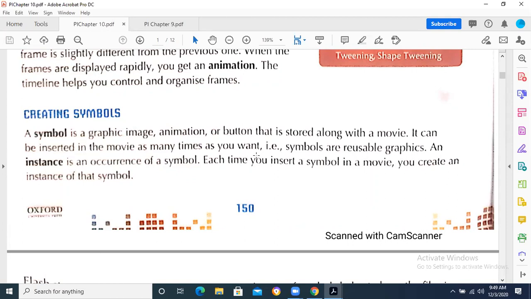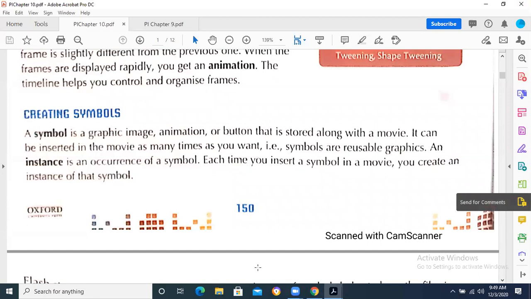Symbol is basically, when we had drawn the different objects, just like we drew the flower, we right clicked on it. If you remember, I converted it to symbol, just like some different components are there, so we joined them together. A symbol can be an image, an animation, or a button. At that time, I did not explain this in that much detail. I just said, okay, convert it to symbol, convert to graphic. We worked on graphic only.